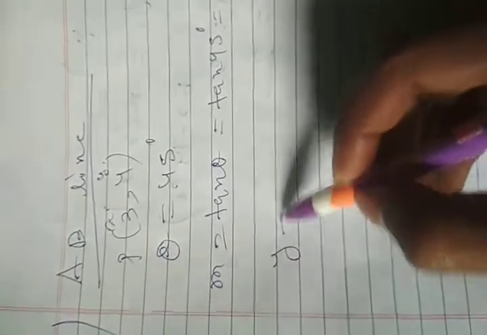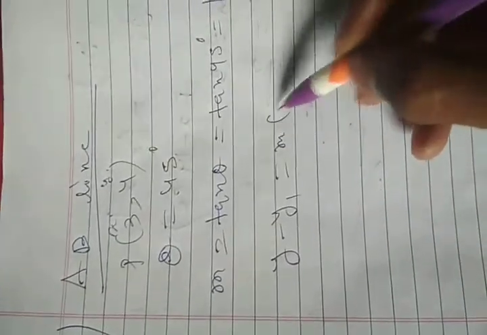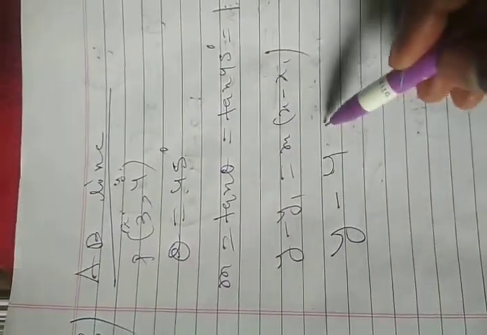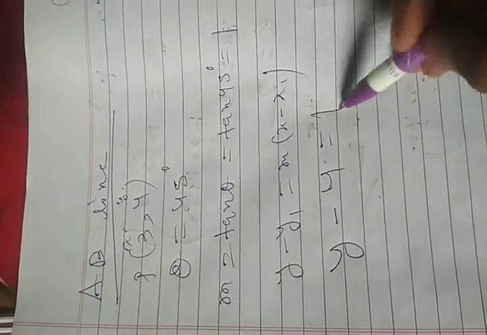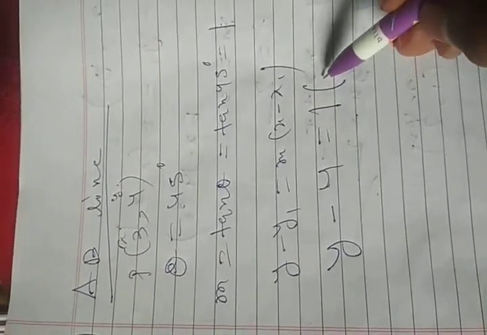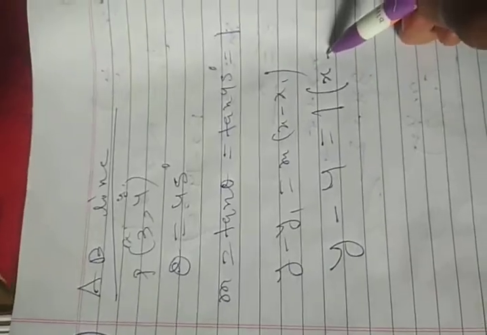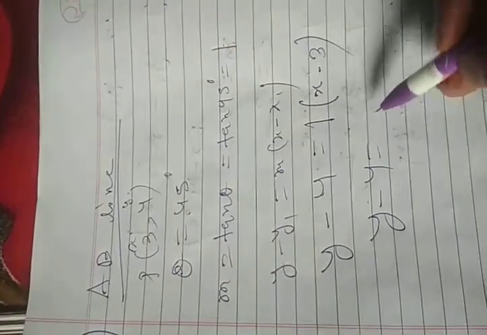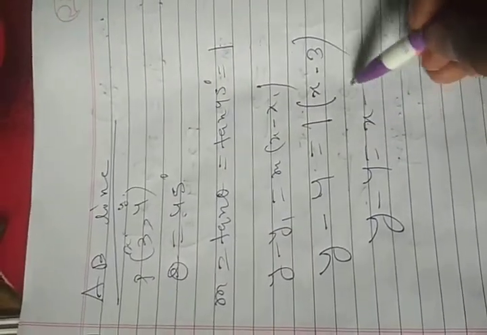So I got the value of m, and if I assume that is x1, that is y1, and we know that any line passing through a fixed point, the equation of that line is y minus y1 equal to m into x minus x1. So y1 is here 4, m I got the value 1, x is here x, and x1 is 3. So what I got, y minus 4 equal to x minus 3.